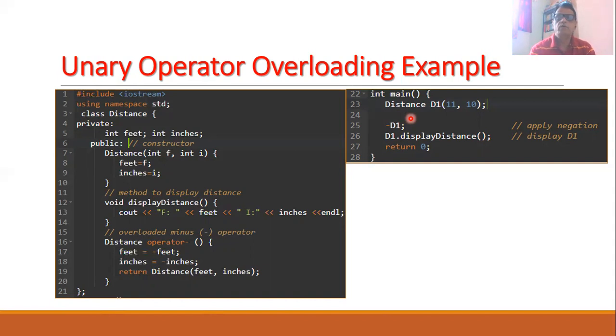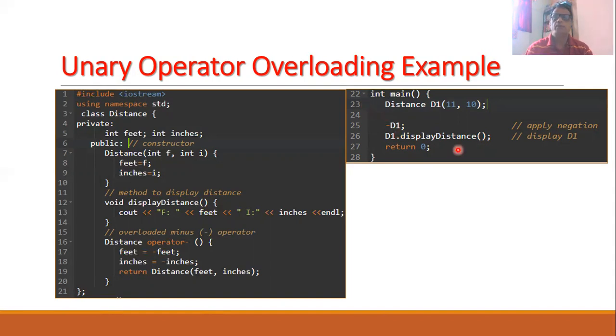But because of the overloading, it is possible that you can apply minus to this d1. And now I will display the feet and inches, and for that I will make use of display distance. So d1 dot display distance, and then we will return 0 to our main function because our main function is of the type integer.